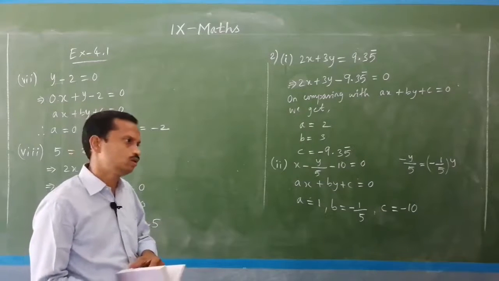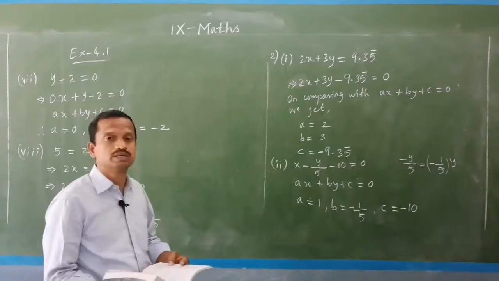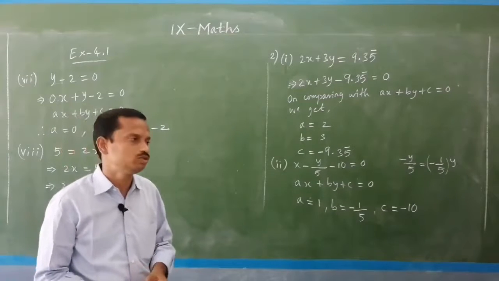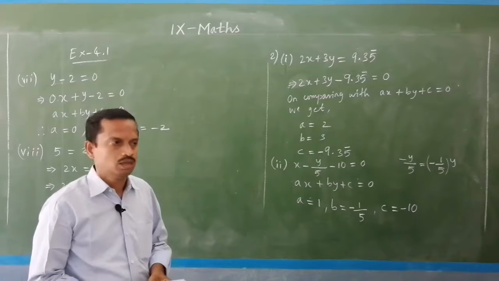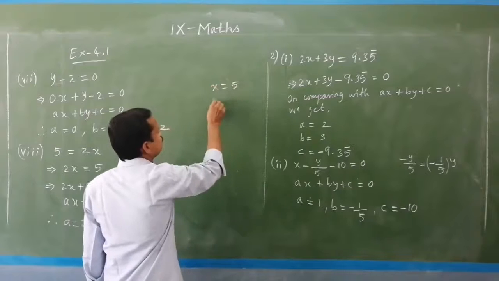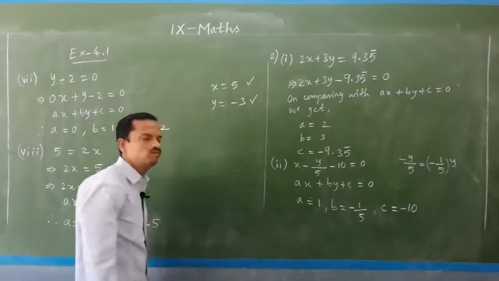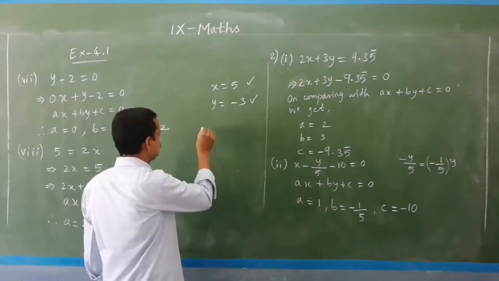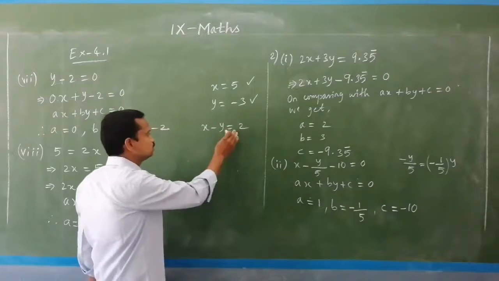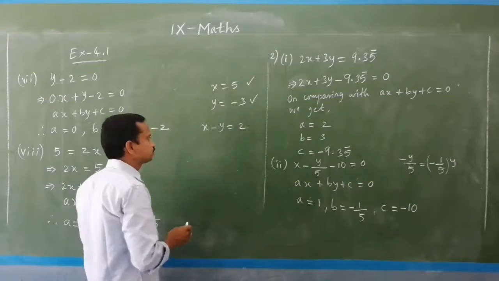I told you at the beginning itself, while teaching, that a linear equation in 2 variables has infinite solutions. If it is a single variable, like x equal to 5, y equal to minus 3, then these are both linear equations in one variable. But if we have something like x minus y equal to 2, then this is a linear equation in 2 variables. If you find the solution for this, that is solving.